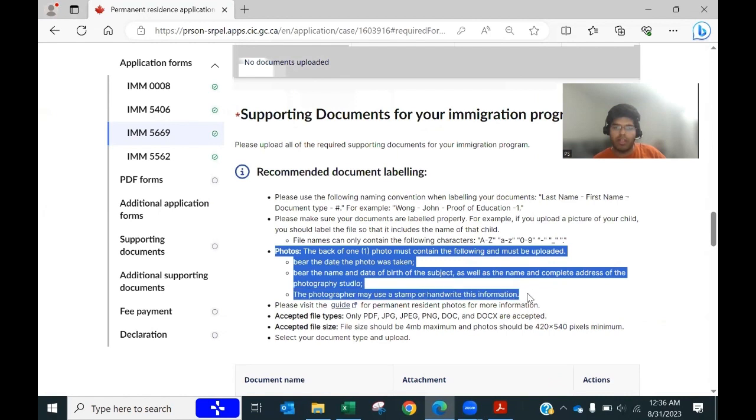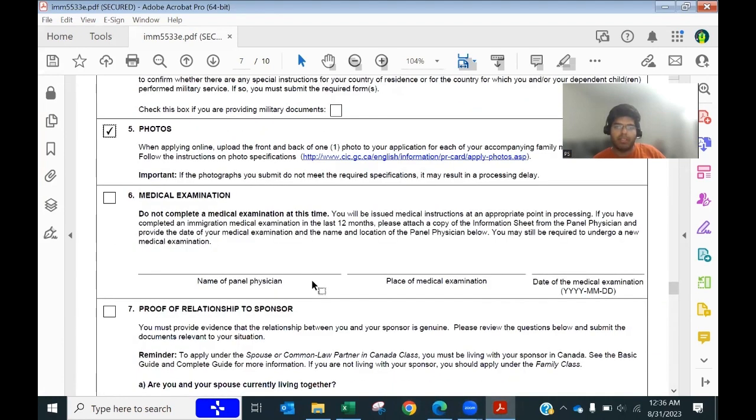It should have a date on one of the photos. It should have the date the photo was taken, date of birth, and the name, and the photographer's address and name. They can use a stamp or handwrite this information. Very simple, guys. And then medical examination, right now it's not applicable because we are not giving them medical right now,